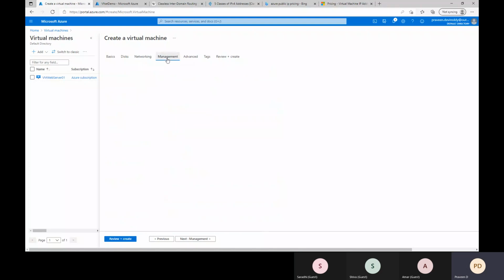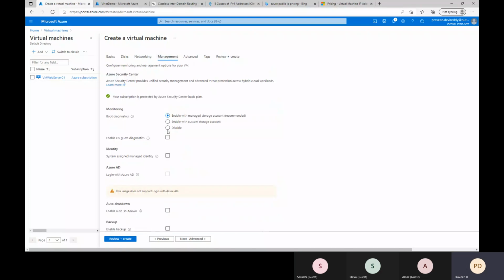Next I'll go to management. If we don't disable these things, there will be some charge for this also. Any properties you enable will have extra additional cost.